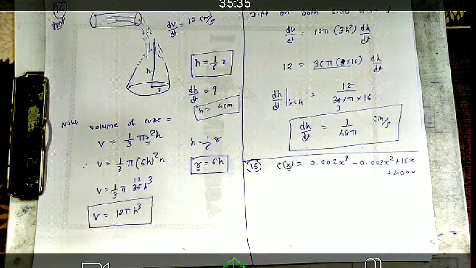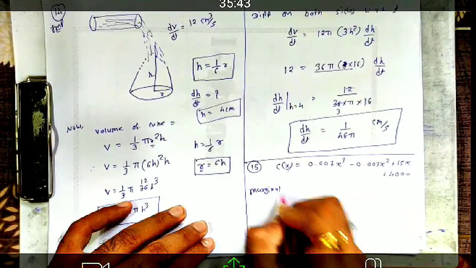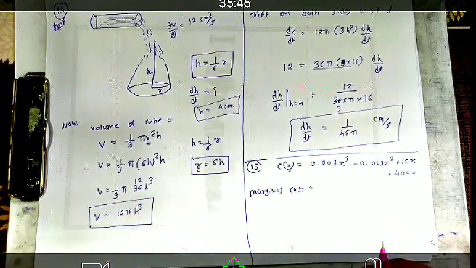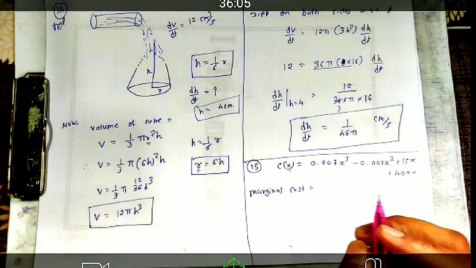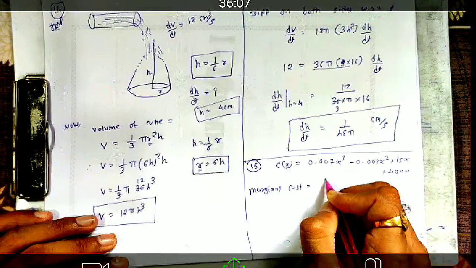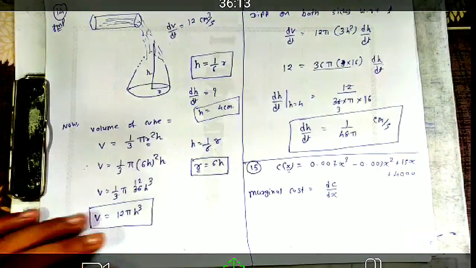Done. So what you are given, you have to find the marginal cost. What you have to find? Marginal cost. तो marginal cost क्या होती है? Marginal cost is if you are doing the mass production, so after mass production we are getting some profit, है ना। बिकॉज जैसे मैंने अभी आपको एक्सप्लेन किया कि जैसे नंबर ऑफ प्रोडक्ट्स इंक्रीज होगी तो उसका कॉस्ट डिक्रीज होता जाएगा, तो उसका हमें कोई बेनिफिट मिलेगा, तो उसको बोलते हैं हम मार्जिनल कॉस्ट। So marginal cost is nothing but the rate of change of this total cost with respect to number of products.